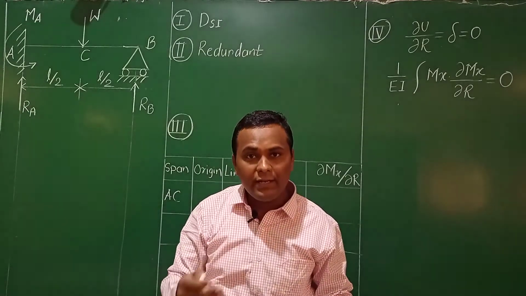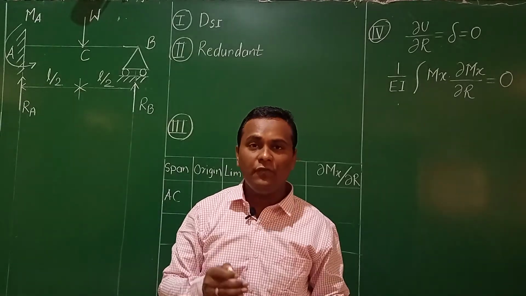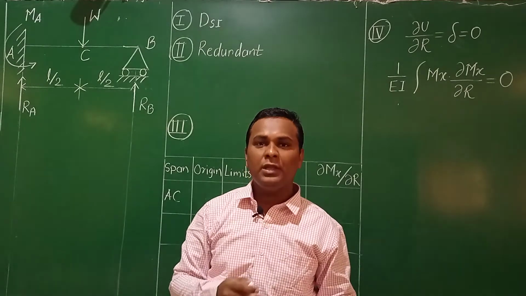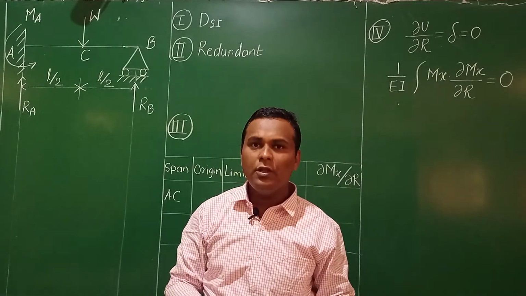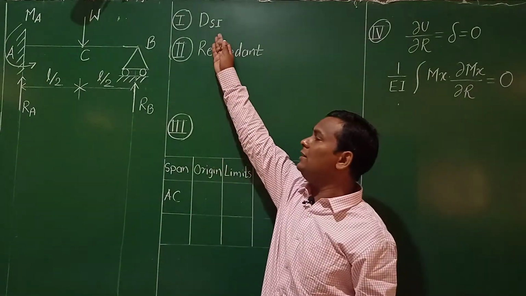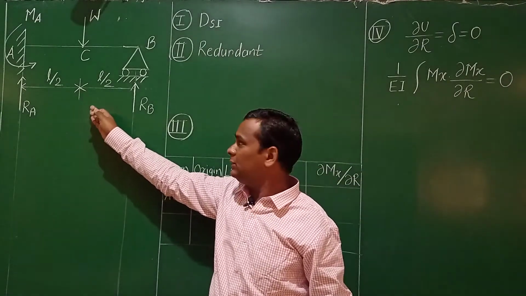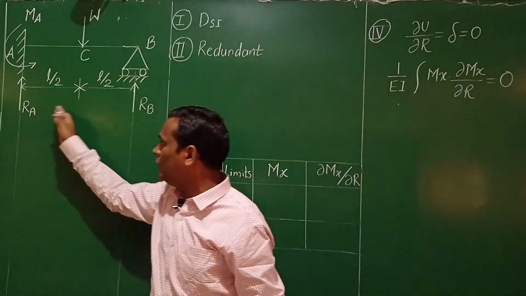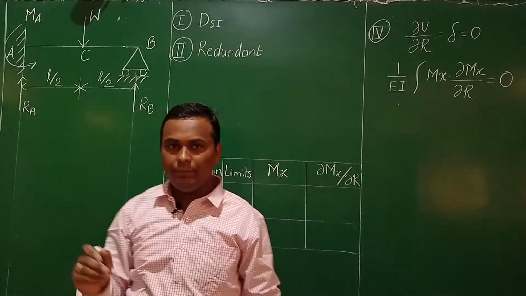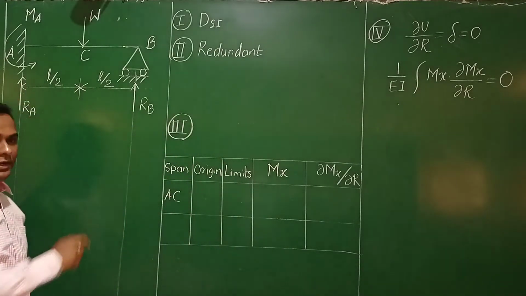As we are neglecting the horizontal reaction, we also need to ignore the summation Fx equal to 0 equation, meaning the sum of all forces in x direction is equal to 0. So when we find the degree of static indeterminacy for this given propped cantilever, we need to first find out the number of unknown reaction components. In this case the unknown reaction components are RA, RB and the support moment MA.